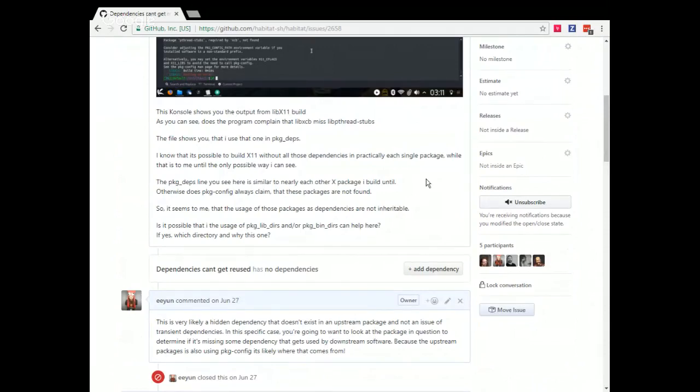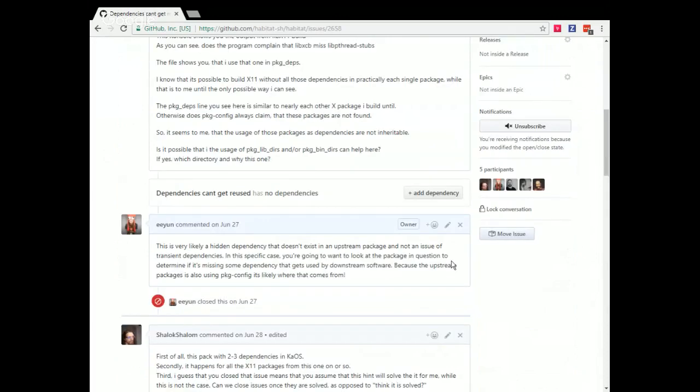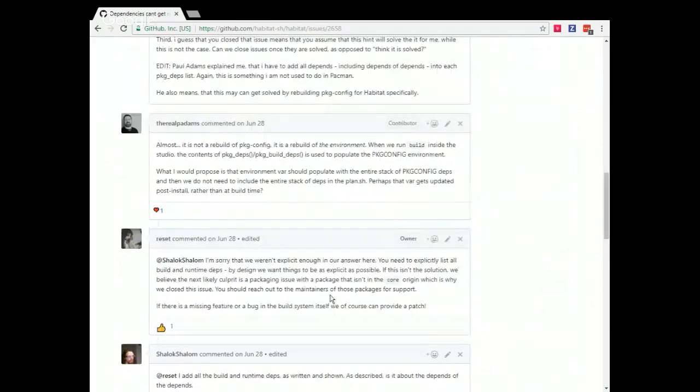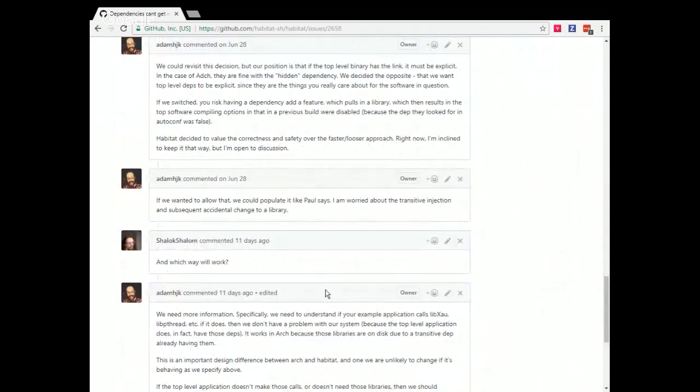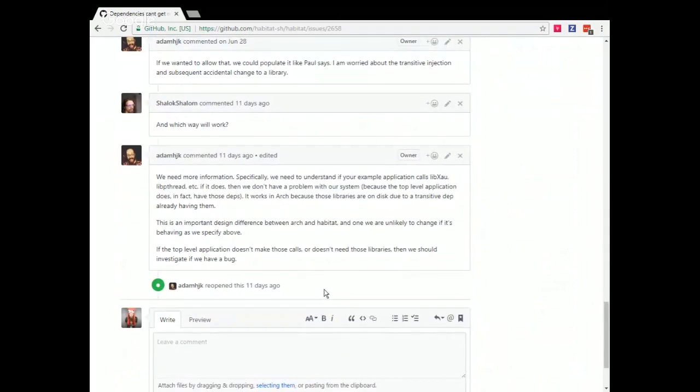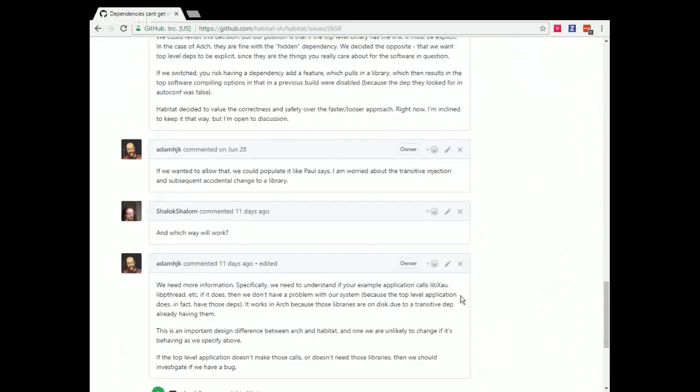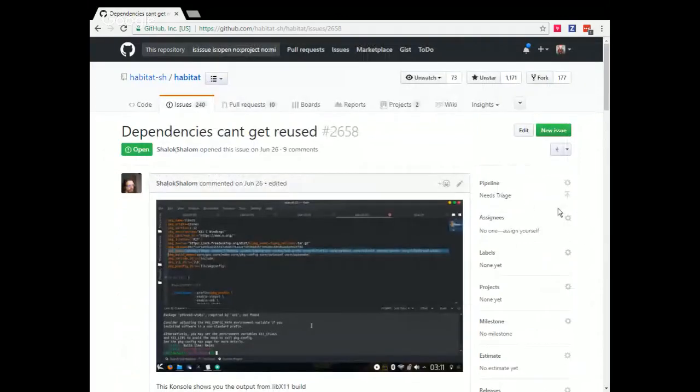In that we don't allow users to have transitive dependencies that are kind of inherently injected, specifically when it comes to things like package config. So if you want to read through that, there's a lot there. It's worth looking at. I think, if I recall, we are waiting on an update on some more information from the community member who opened the issue. So we can come back to that.